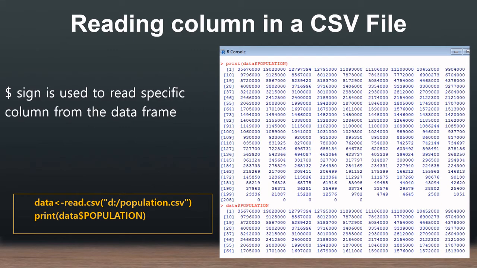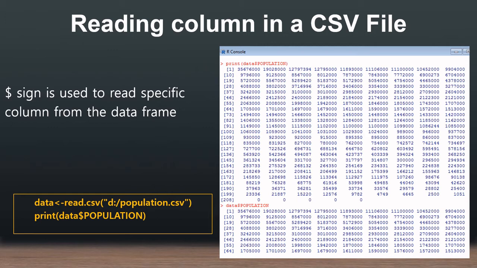The next is reading a particular column in a CSV file. So nothing special, you just have to use the $ sign before the column name. For example, the column names are country, then city ASCII, and population. So I am trying to print the population column field here.